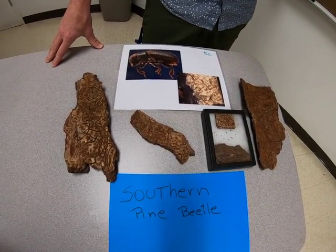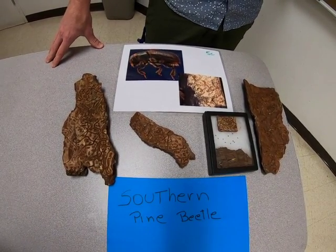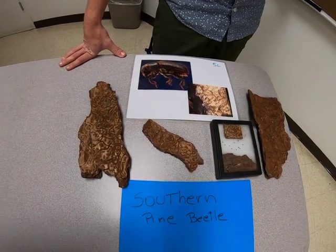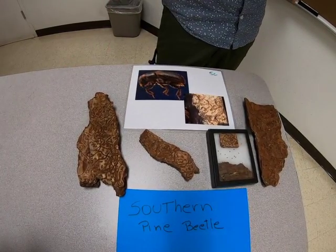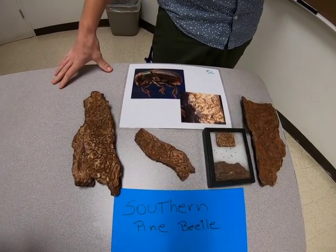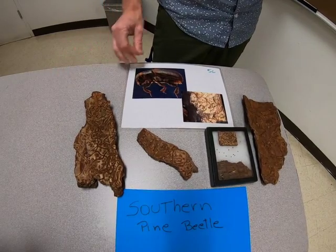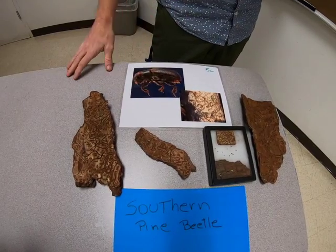We can have these wave years, or waves, where we'll have big outbreaks of it, and then it'll go back into low levels, and so its biology is very interesting, and there are a lot of interesting studies that have revealed the various aspects of its biology. But it's a bark beetle, meaning that it feeds right under the bark. It actually feeds on the cambial layer, right under the bark, and so it's